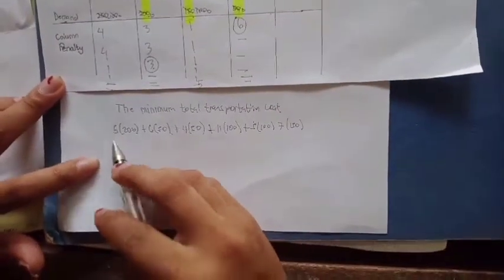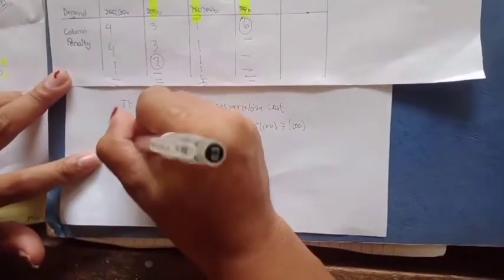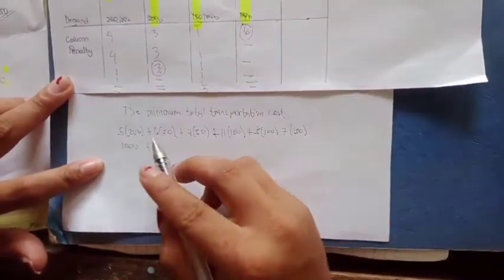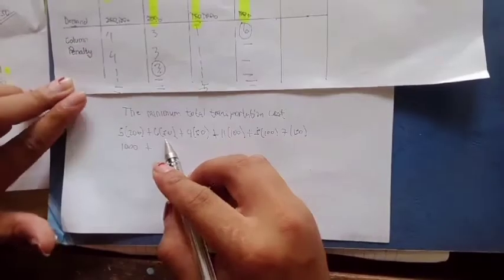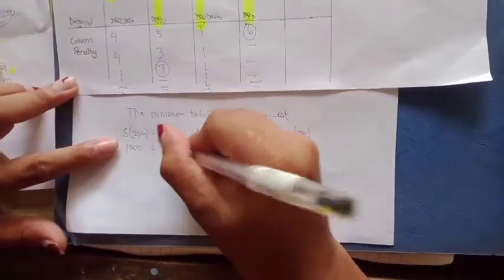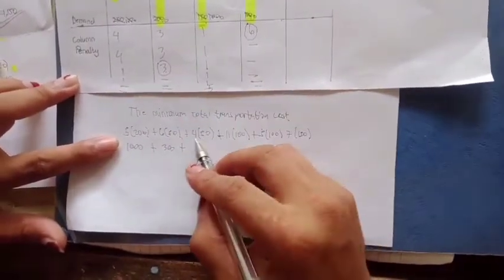So 5 times 200, we have 1000, plus 6 times